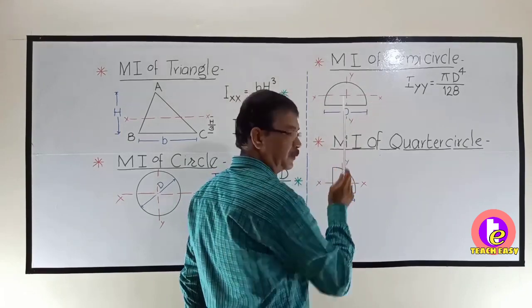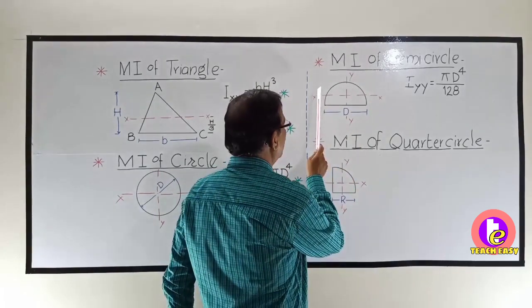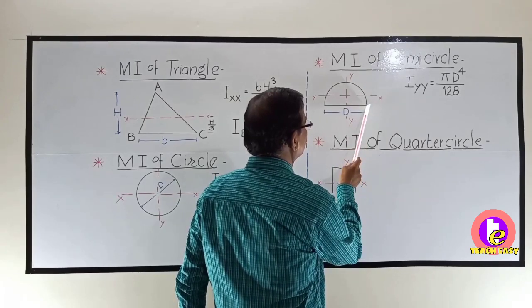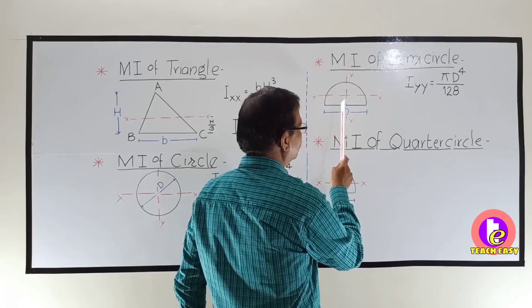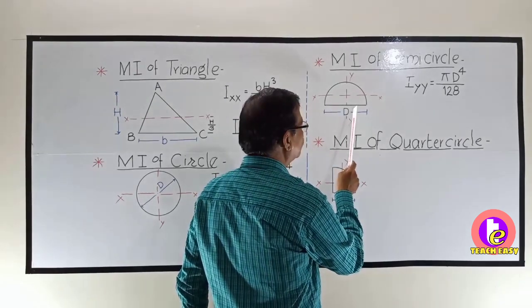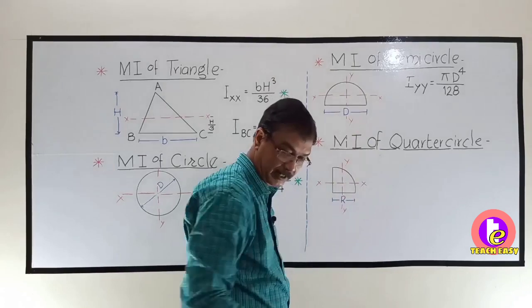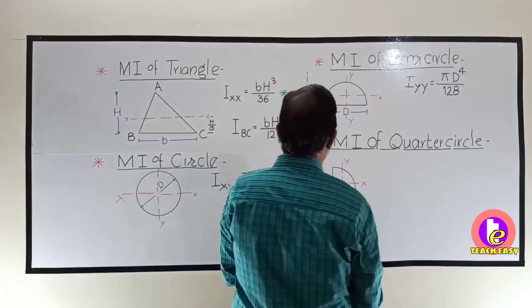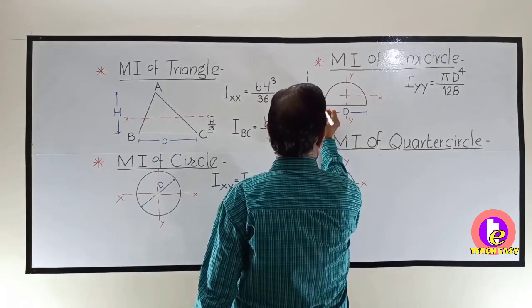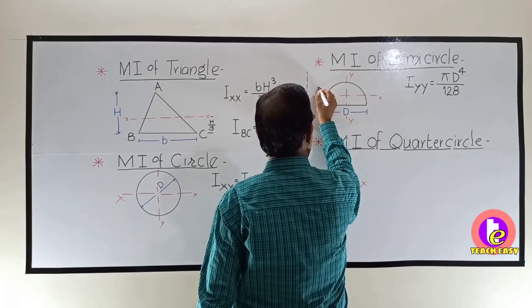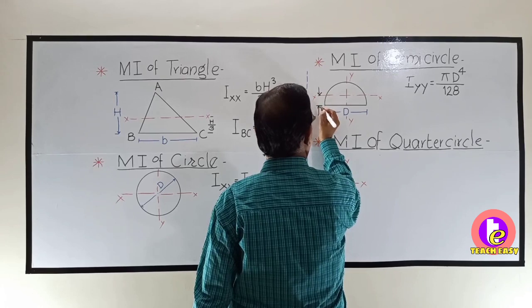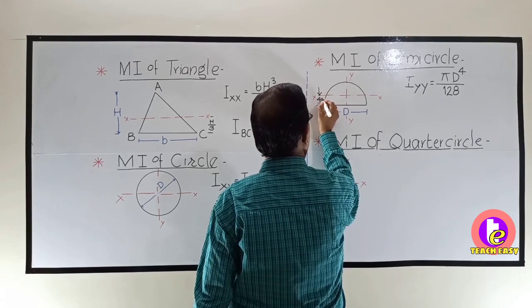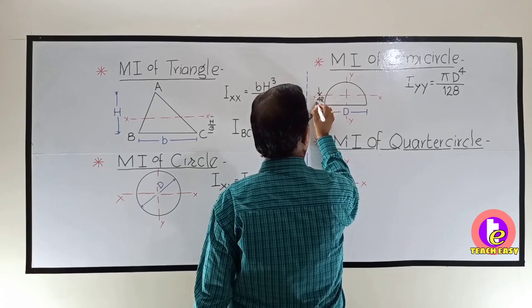this base is equal to Ixx plus area of the semicircle, that is pi r square by 2 into h square. What is this h? Is h this distance which we saw in the first year, that is the centroid of a semicircle lies at a distance. What is this distance? 4r upon 3 pi.